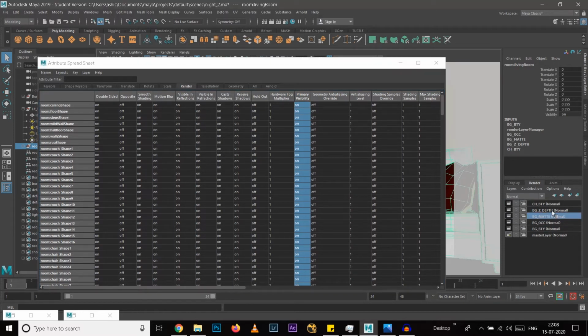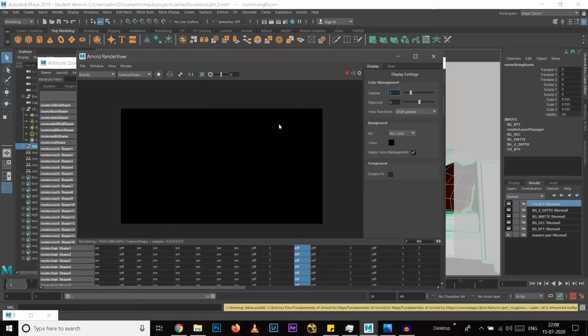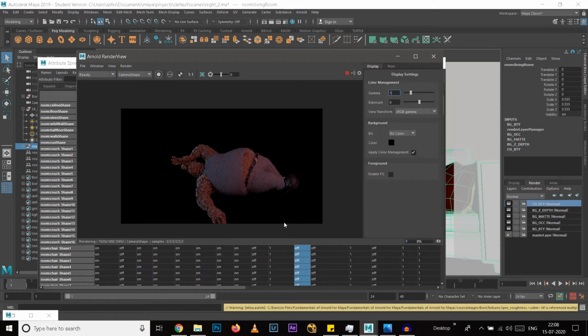If you go back and see, in all these layers this primary visibility is on, but in this particular layer it's off. So let's check it. So now you can see this character is coming like that. Okay,